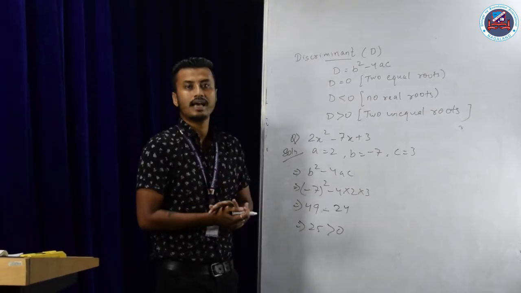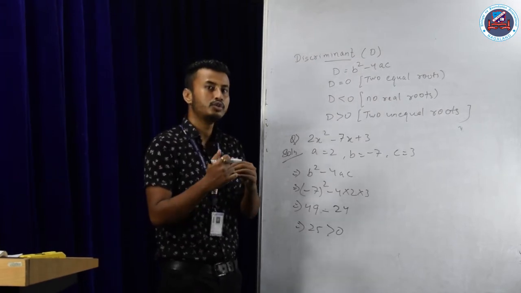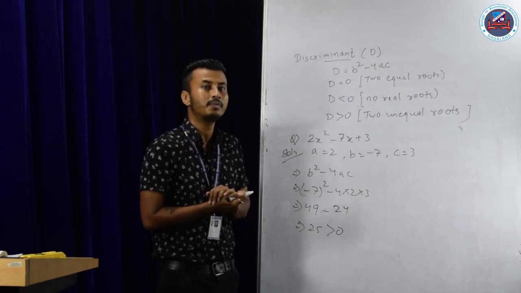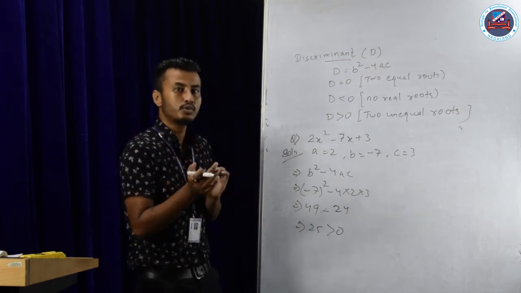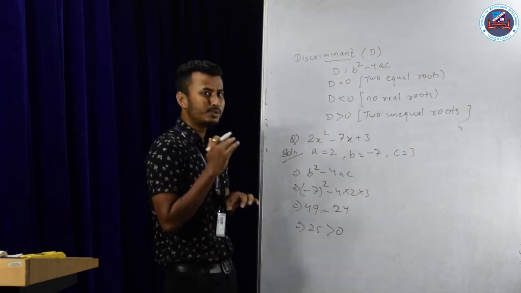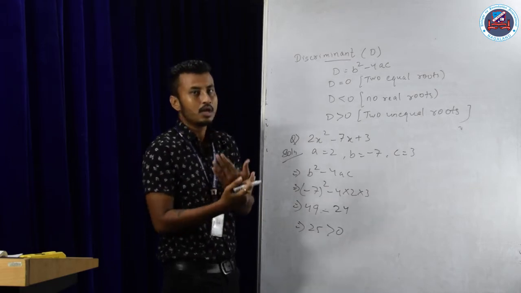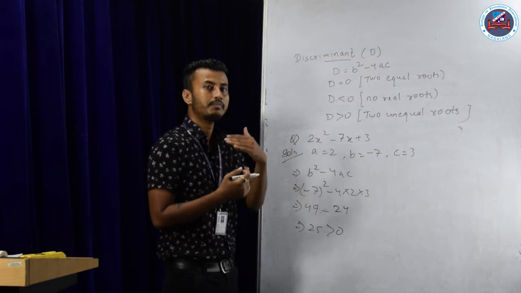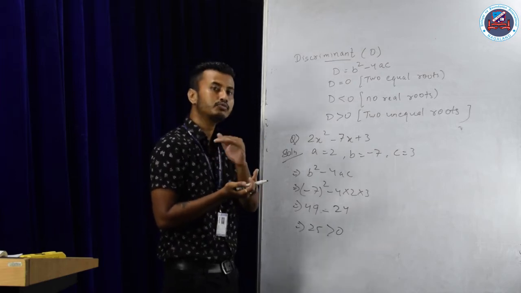In your previous classes, you have already learned the concept of quadratic equation, and you have also practiced some of the questions from factorizing using middle term factorization. That means finding the roots or zeros with the help of middle term factorization. In today's class, we are going to start off with exercise 4.3 and 4.4. Exercise 4.3 is based on method of completing the square, and exercise 4.4 is based on quadratic formula.